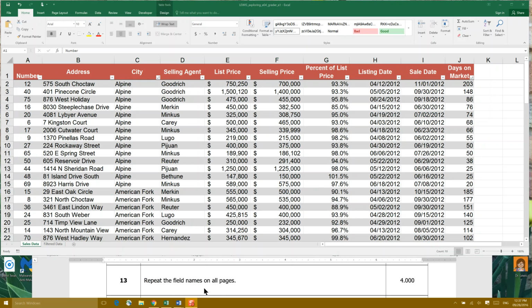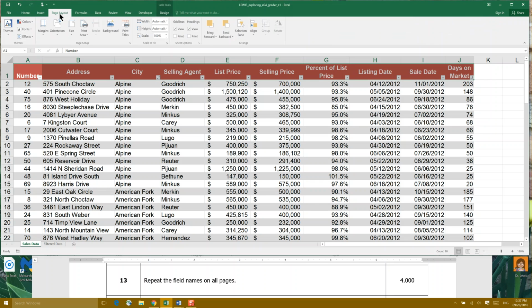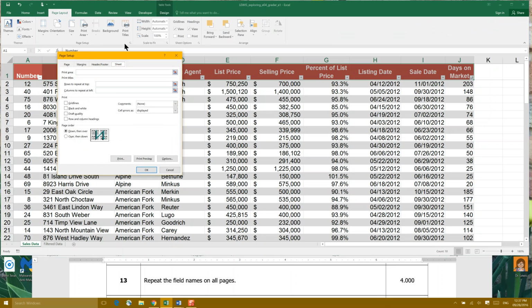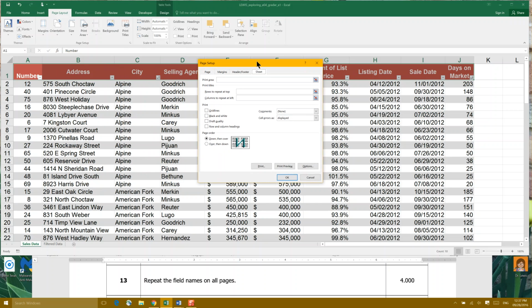Step 13, repeat the field names on all pages. We're going to go to the fourth tab, which is the page layout view. And then in the page setup group, which is right here, we're going to choose print titles. And with the sheet tab selected next to the row, so we're going to click our row here and have our sheet title. Then in the rows to repeat at top, you click in that cell and then you click A1 to J1,